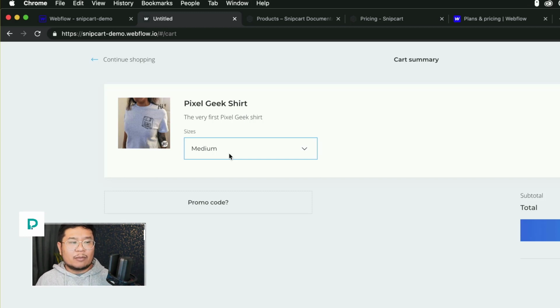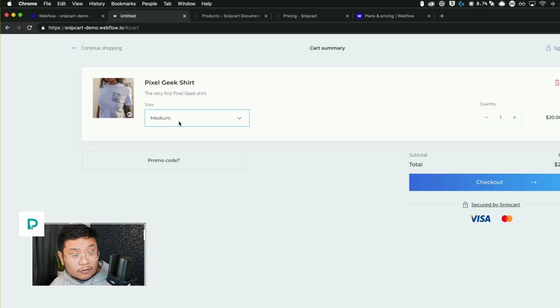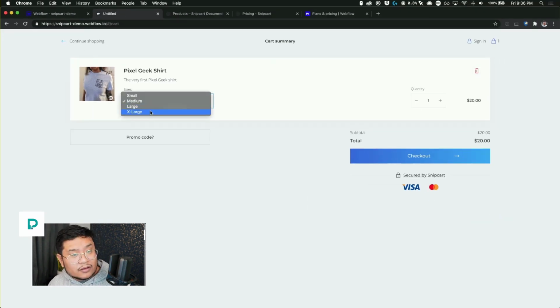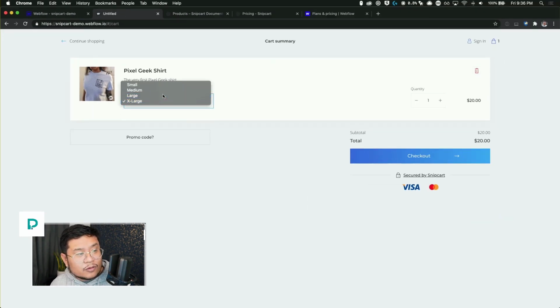If I had a blue shirt, I would have another custom variant name and custom variant options, but the image will not change. That's something that's really cool inside of Webflow e-commerce, but in Snipcart, it doesn't have that. If you can live without that feature, then again, Snipcart is the way to go. Okay, so that's cool and all.